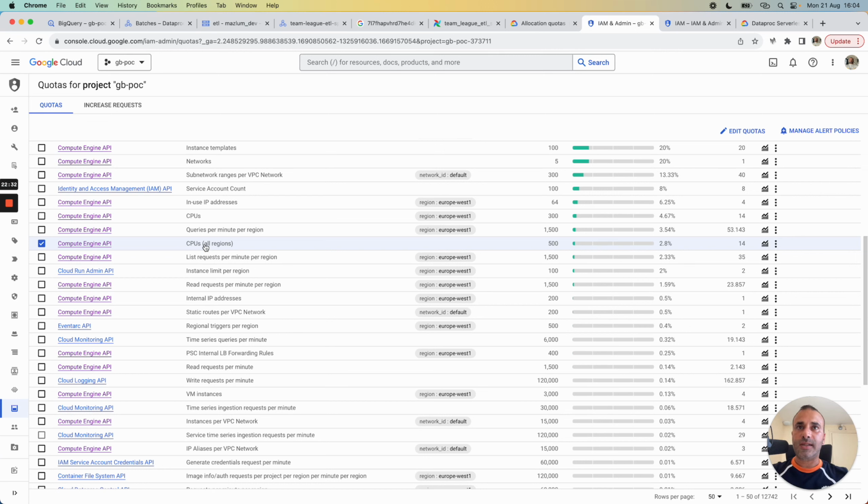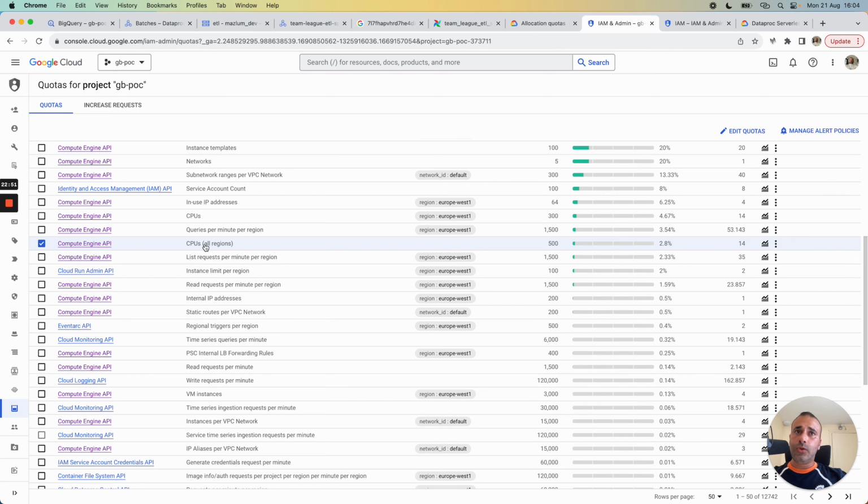Dataproc serverless creates Compute Engine VMs on the fly and deletes the VMs at the end of the job. And by default, the quota was low, so I increased it.